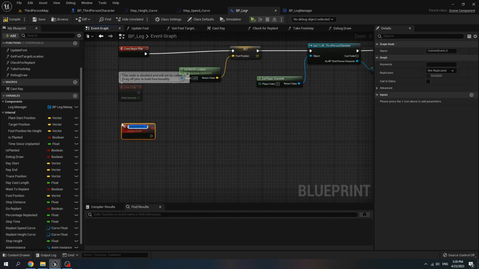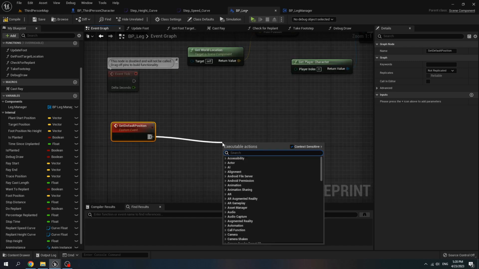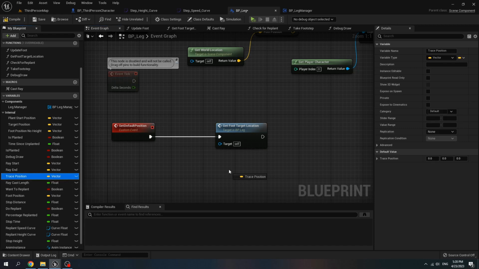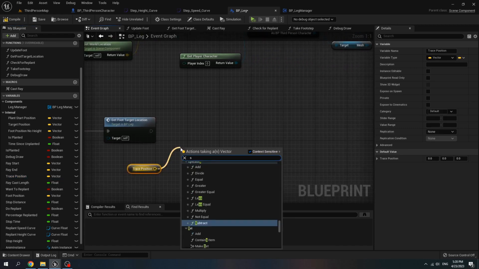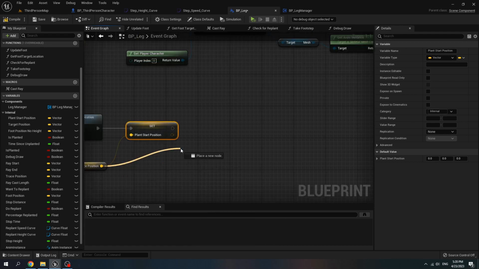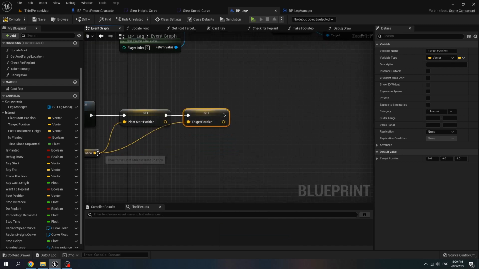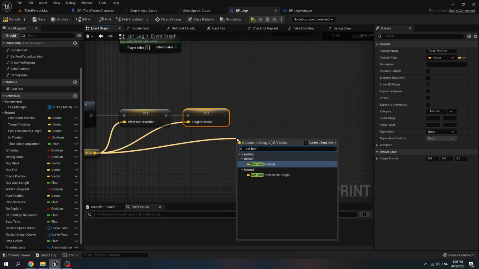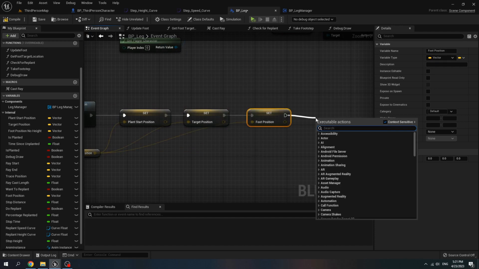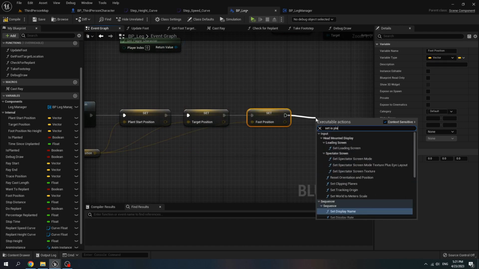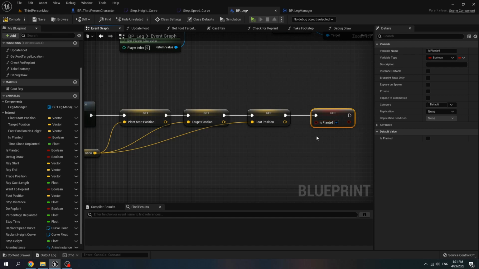Add custom event, name it set default position, call get foot target location, then get trace position, set it to plan start position, then set it to target position, then set foot position and set is planted, set it to true.